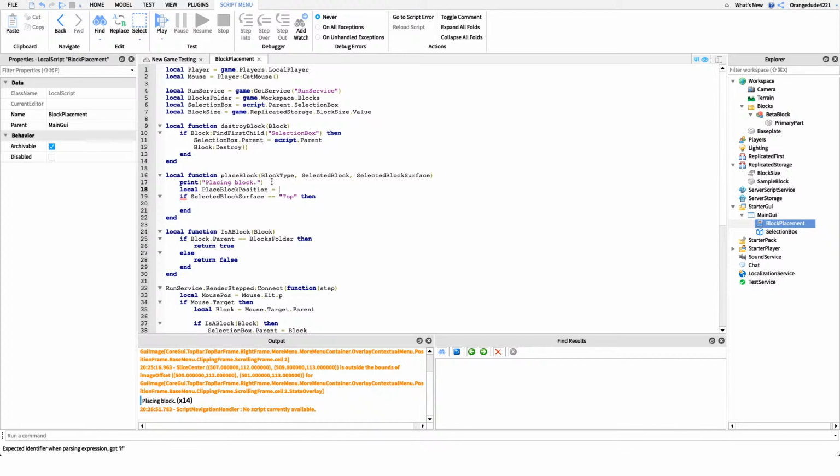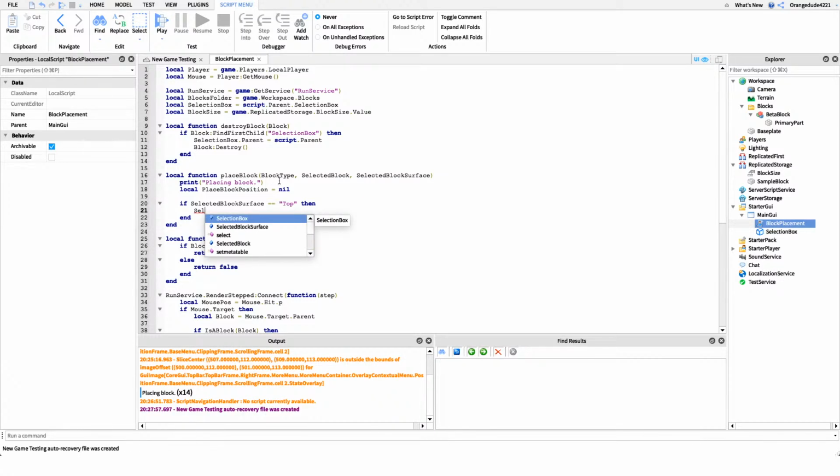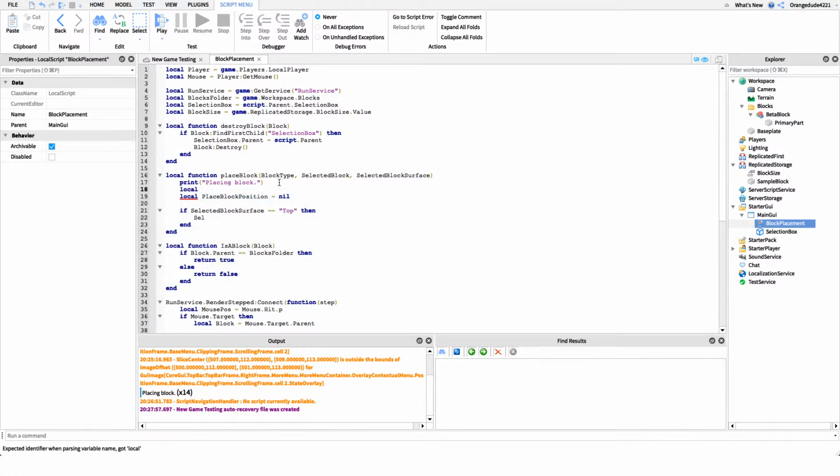Right now we're just going to set it to nil. I think we can actually multiply vectors too. Sorry, we need to make another variable. Local selected block primary part equals selected block primary part,